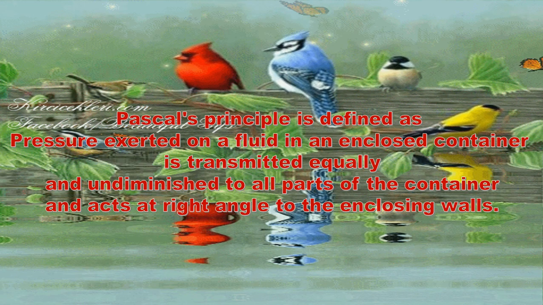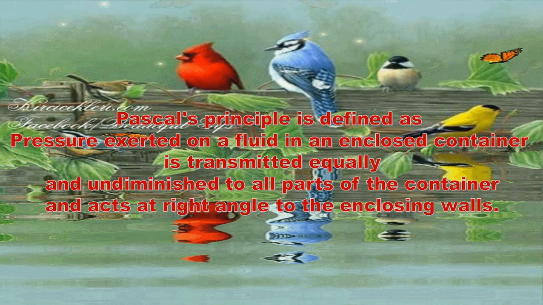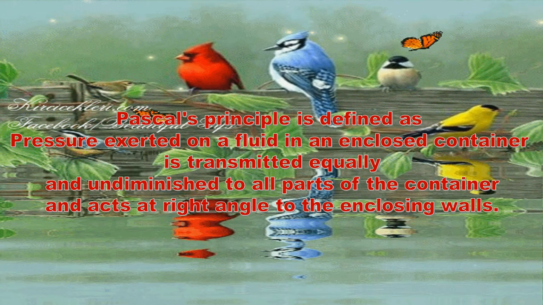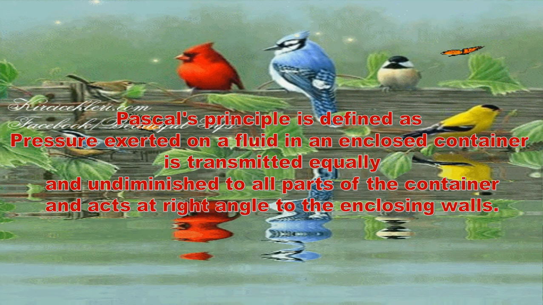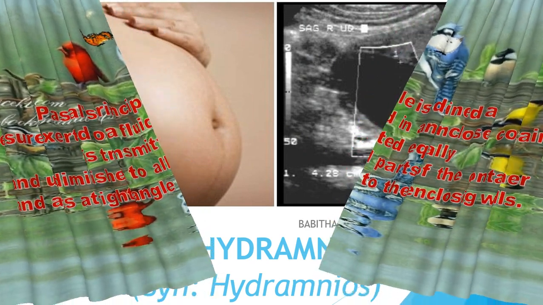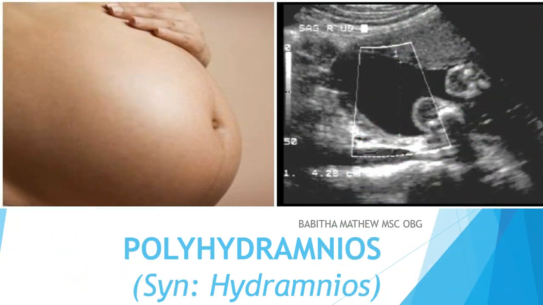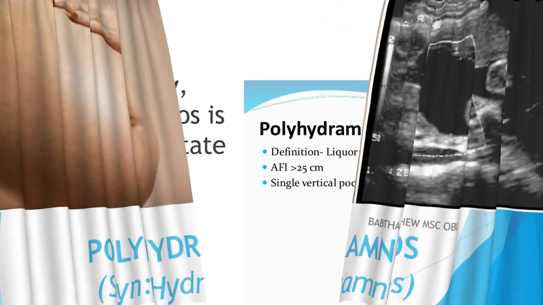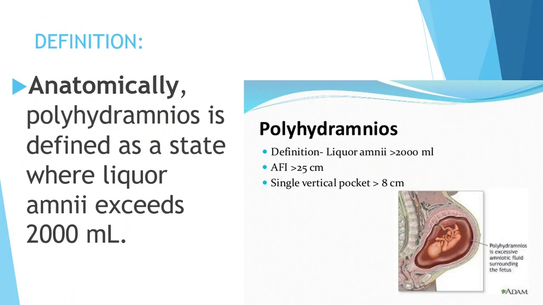Sometimes some variations occur in the fluids that cause problems in the baby and the delivery. We can see that in this class. Okay, the first problem is polyhydramnios. Polyhydramnios is defined as a state where the liquor amnii exceeds 2000 ml, or the AFI, amniotic fluid index,